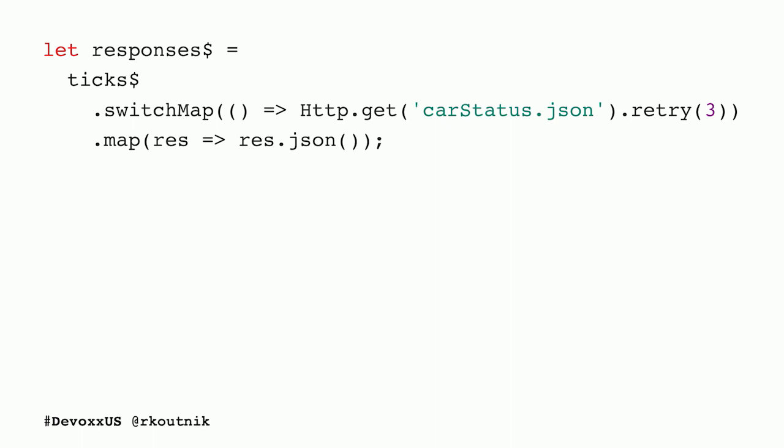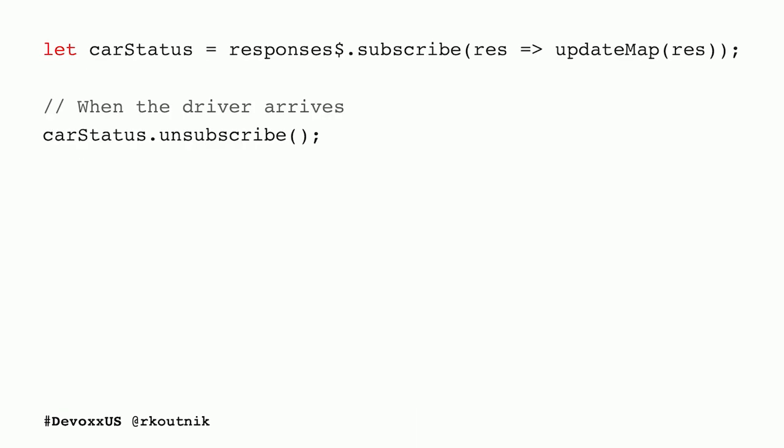And then finally, we take map, and we know what map is. This is boring. Come on. And grab the JSON out of the request. Finally, whenever we do end up with a successful AJAX request, we update the map. This is, again, put the UI, the view logic, in the subscribe.